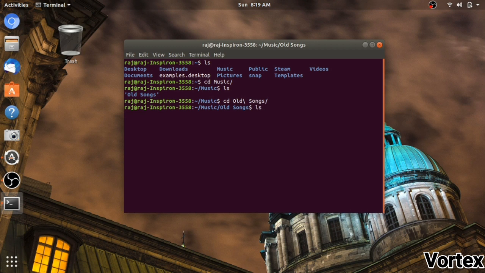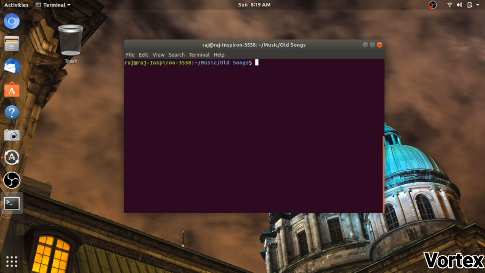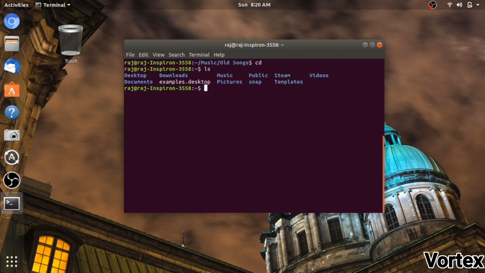Now if you press ls, it will give the list of the things you have in that folder. So this is the main command. Now if you want to go backward, to the home directory, then just write cd, hit enter, and ls. You are now back at your origin place, at home.